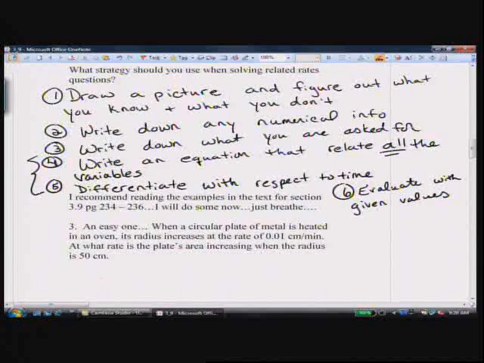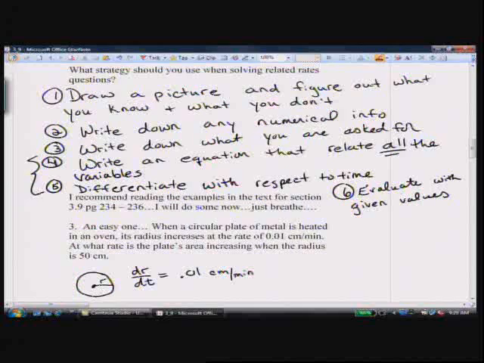So we've got a circular plate, and it's in an oven, and its radius is increasing at a rate of 0.01 centimeters per minute. So it's got a radius, r, and we know that dr/dt is given to be 0.01 centimeters per